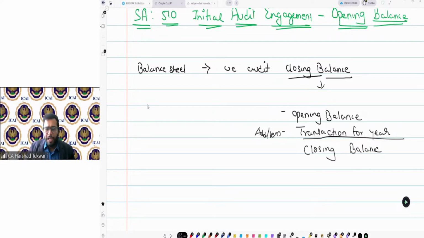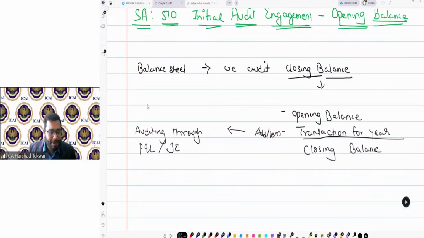This transaction for the year is something I am auditing either through the P&L or, if it's a balance sheet to balance sheet entry, I pay specific attention to such reclasses or entries which are not impacting my P&L. I usually call these journal entries impacting balance sheet items. Whatever it is, I do audit these entries in my audit, either routed to the P&L or directly balance sheet to balance sheet.